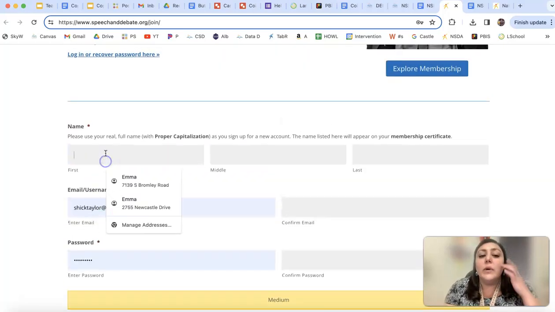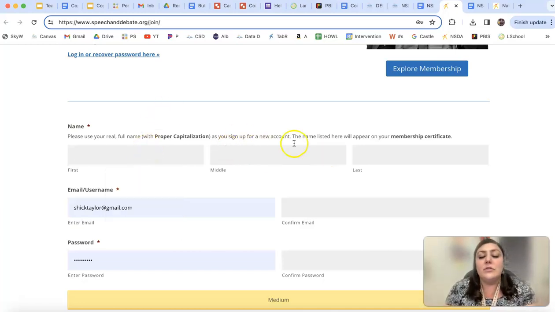So when it comes to your name, make sure you use your name that's in Skyward. Sometimes there's an Isabella that goes by Izzy, stuff like that. Make sure you use your real full name. Use proper capitalization because this does also appear on your certificate that hangs up on the wall in the back of the classroom. So you don't have to do your middle name, but definitely do first and last name